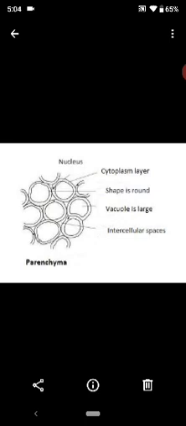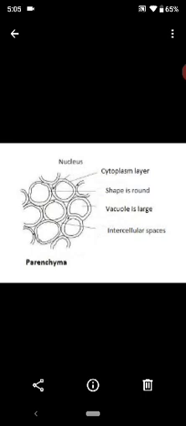On your screen now we are discussing parenchyma tissue. In parenchyma tissue, the cells are oval-shaped or rounded. The cell wall is made up of hemicellulose or cellulose. The cell is thin-walled. Cells have a vacuole and a very small nucleus, and are found in all parts of the plant. Protoplasm is living and dense.